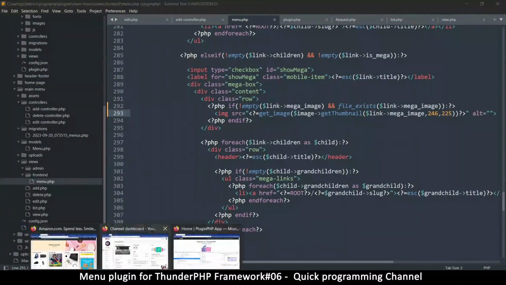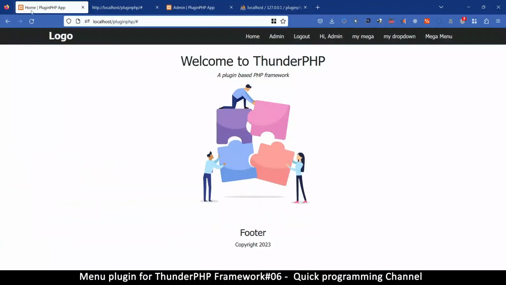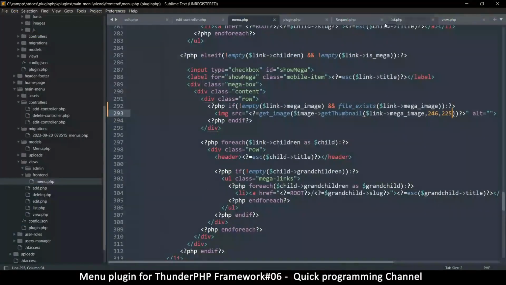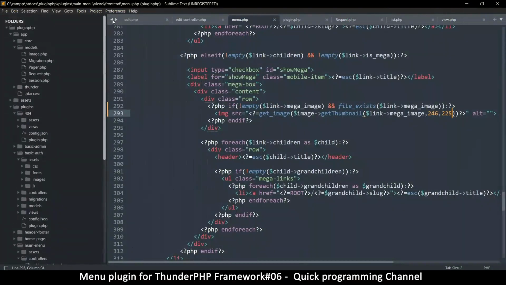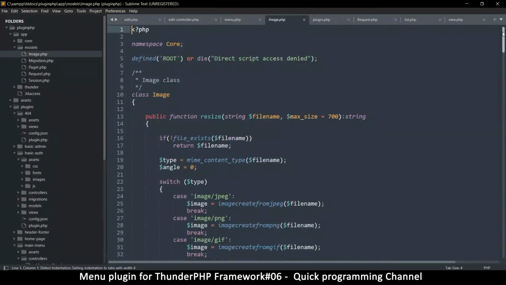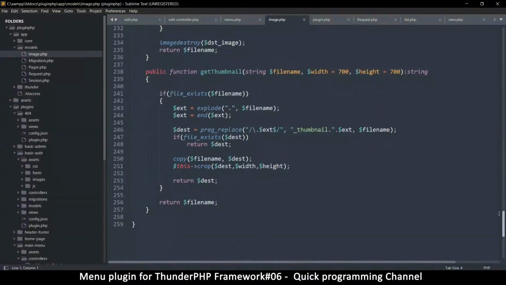Now, if I do this and refresh, it won't change because the file already exists. So it would be nice to have something here to force a recreation. So if I go to the get thumbnail, this is inside the model image there. Now, since this is the first time we're using this, I could change this actually. I don't think we're using it anywhere else, are we? Not yet. So I could change it to maintain this format that we normally do with our functions so that